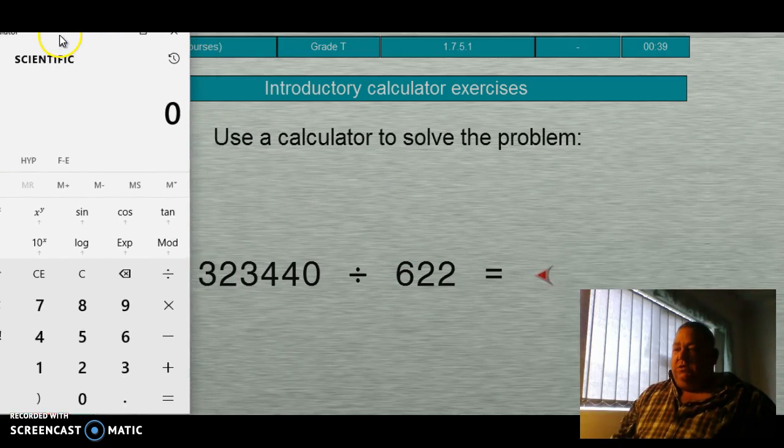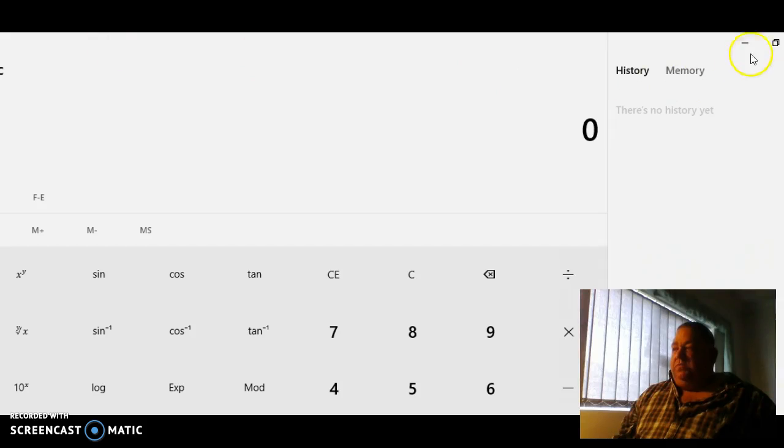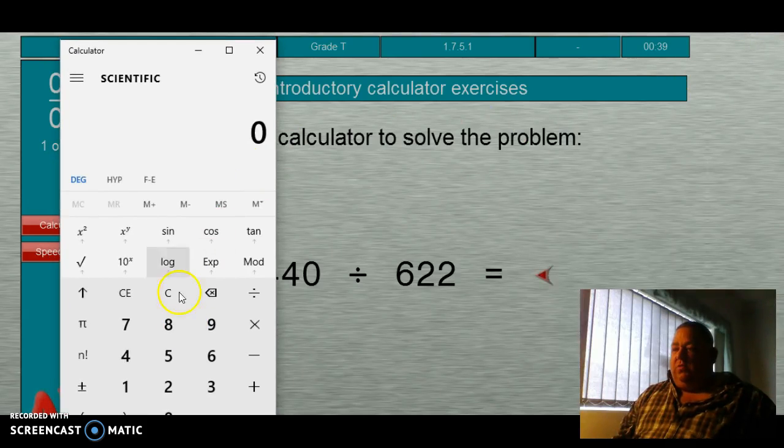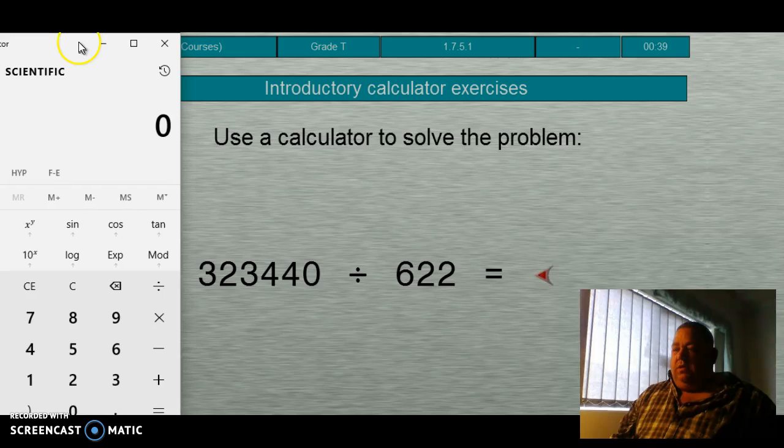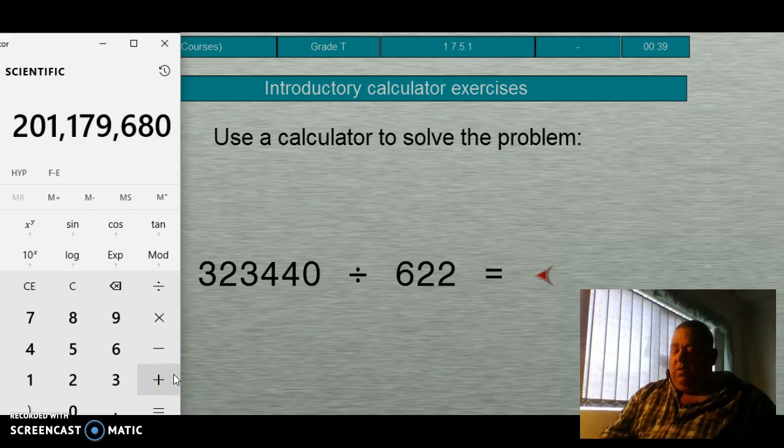Oops, that is a huge calculator, I don't want it that big. 3, 3, 2, 3, 4, 4, 0 multiplied with 6, 2, 2 is equal to. That is a large number to remember. Maybe I just need to write that down so that I don't make a typing error like I've done before.